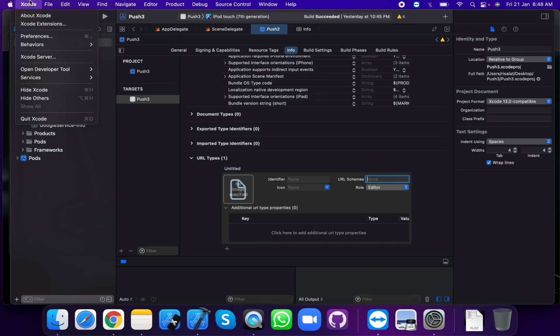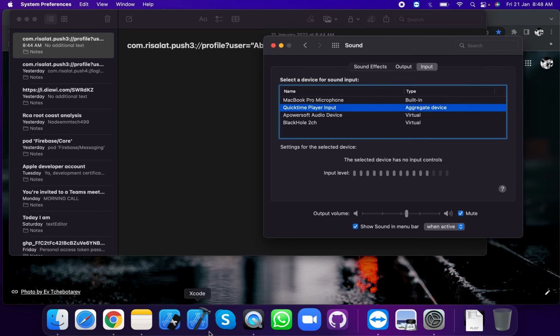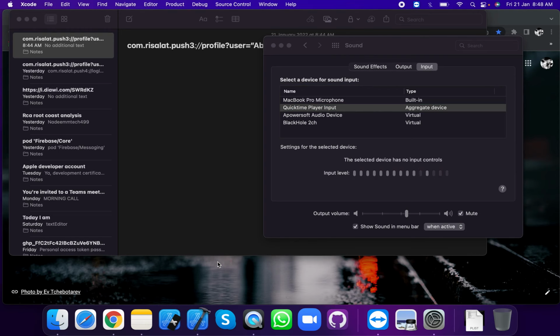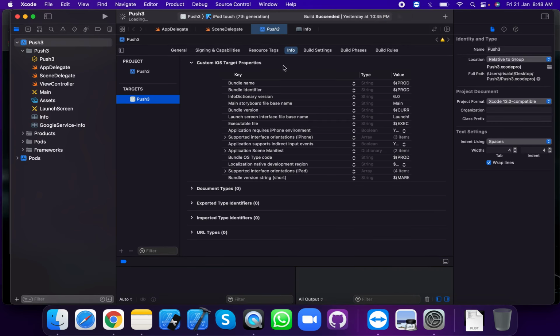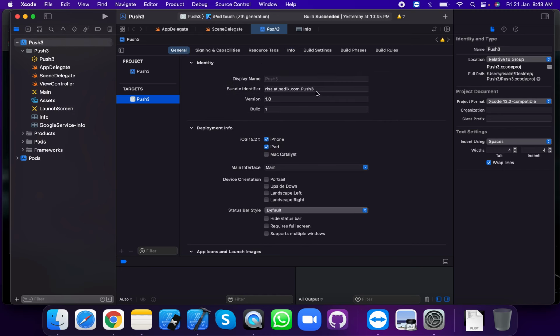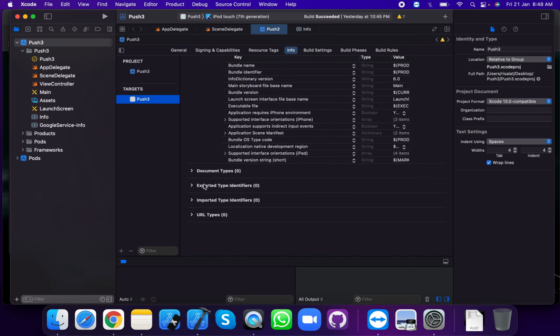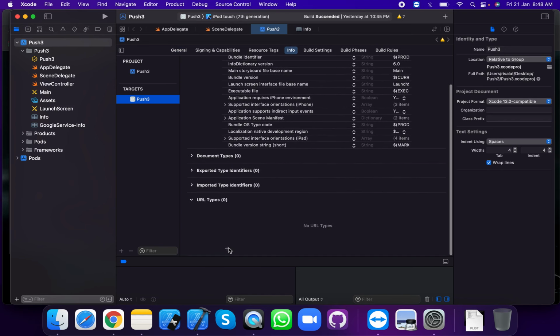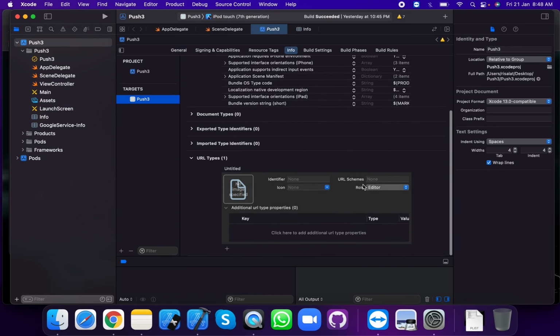Suppose we want to create this in Xcode. Now we're going to open your Xcode push3 project. First, create a URL scheme inside the project settings. Our project bundle name is push3. In Info, add URL Types, press plus, and add the URL scheme and role. This is the editor, the same URL scheme support, com